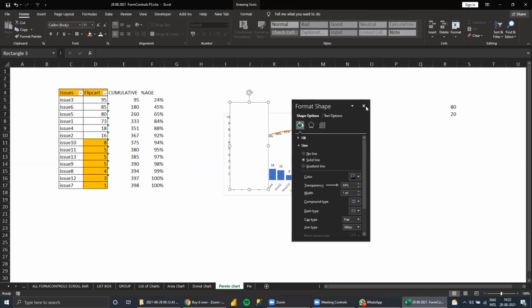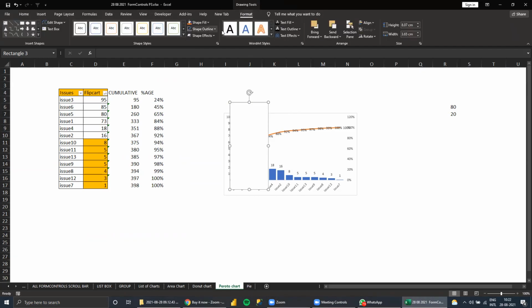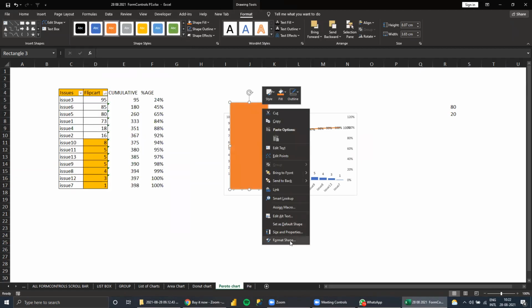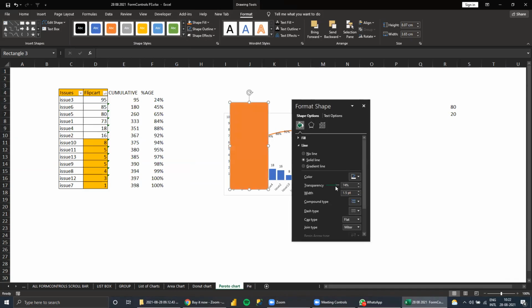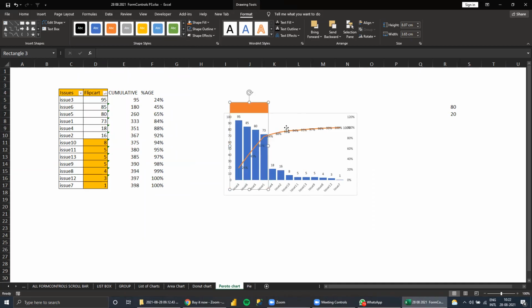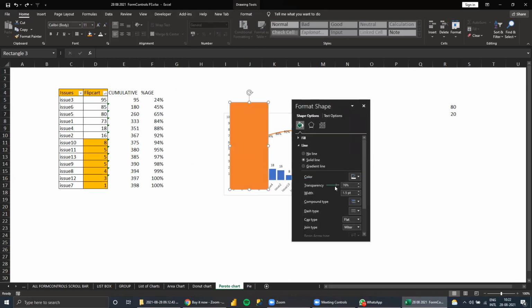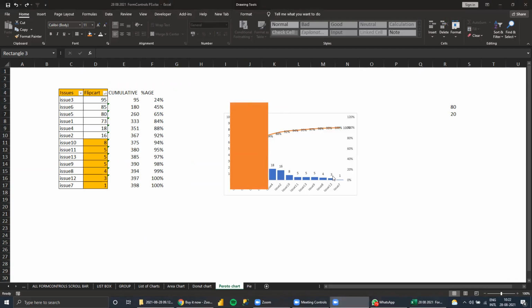Why is transparency not coming? One second. Format shapes. Transparency. Send it back. Hey, wait. Transparency not coming. Under 10 minutes will close.